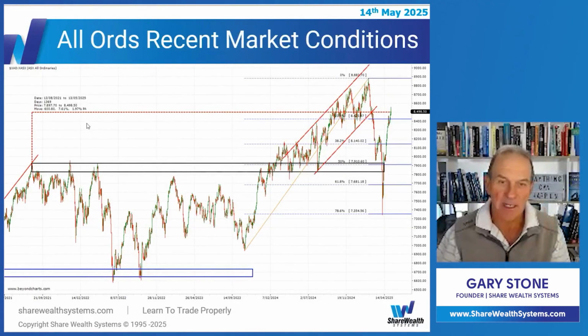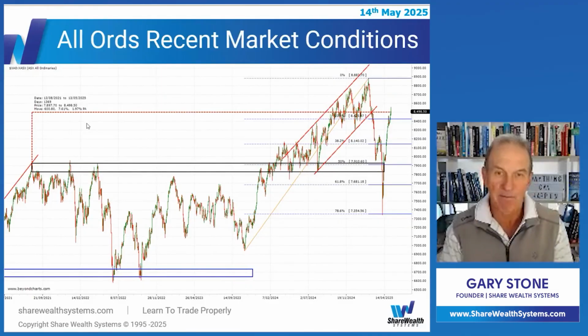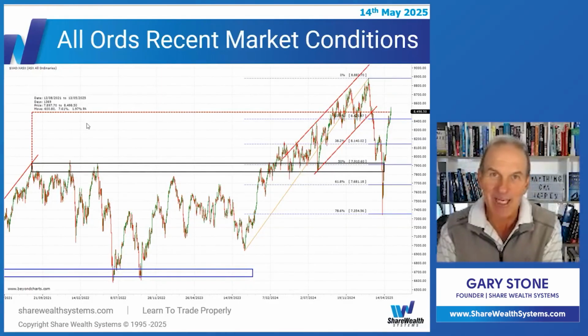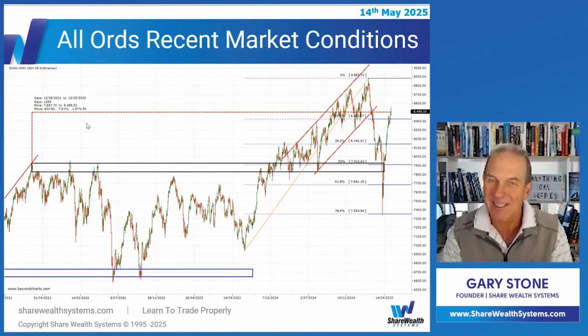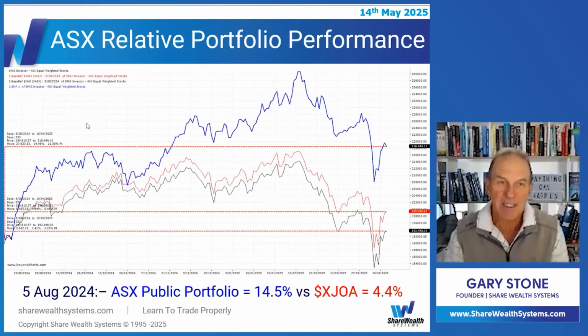So certainly, and it's been like that for some time, underperforming the S&P 500. In fact, just about a lot of managed funds and hedge funds are underperforming the S&P 500 through this secular bull market. Right, let's just have a look at some relative performance on the ASX